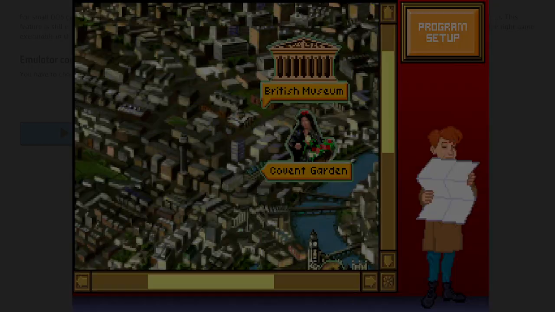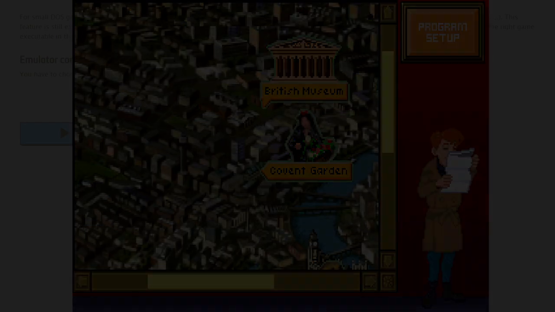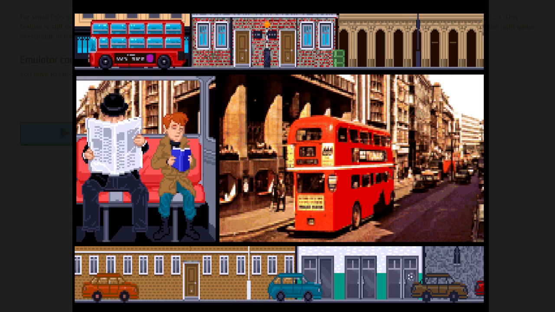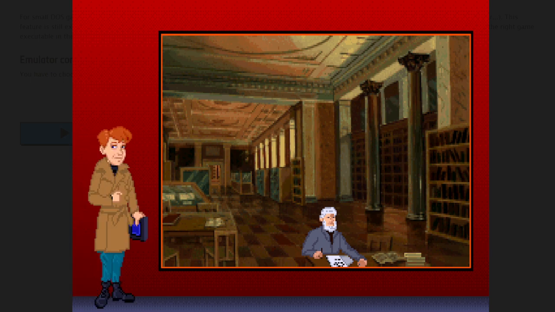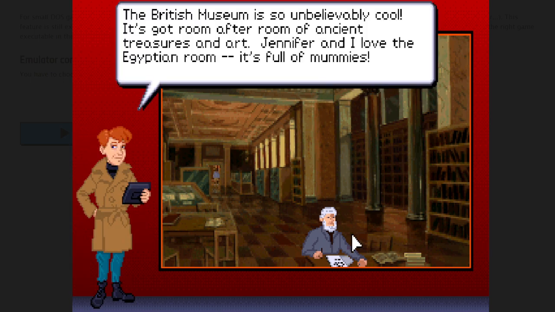We got 2 more places to check out. I'm trying to make mental notes on how these different characters sound because with a bunch of characters all doing English accents, it's gonna be hard to differentiate. Alright. And here's our grumpy librarian.